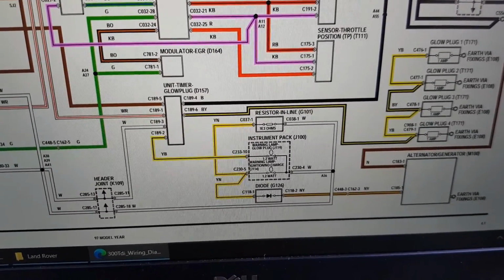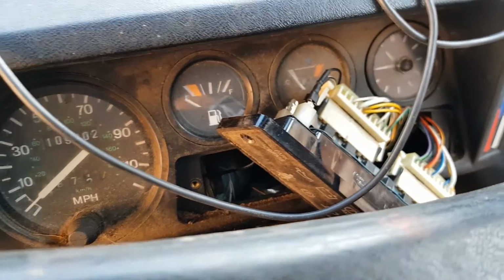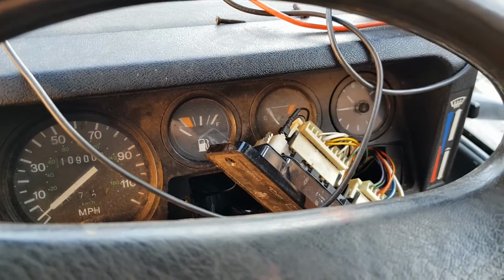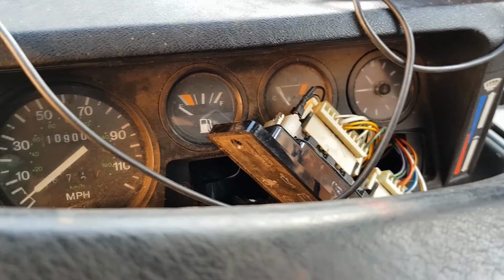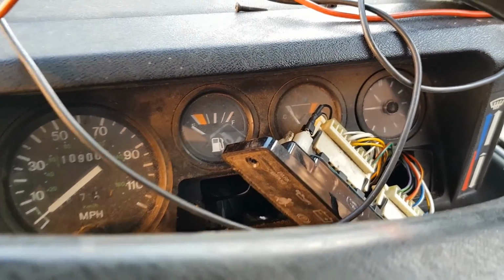So I'm now inside and I've just removed the instrument panel. Tested all the yellow wires, they're all fine. There was still that high resistance, but thinking about it, I think it's just the bulb. It's also worth adding that